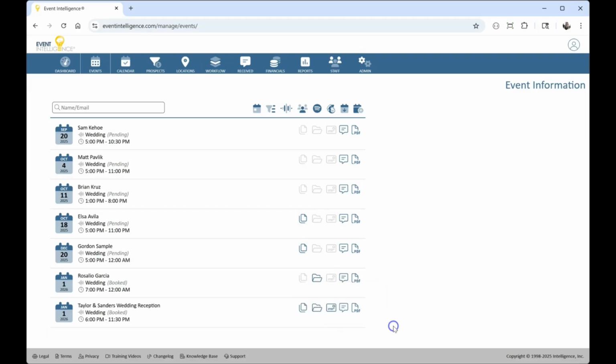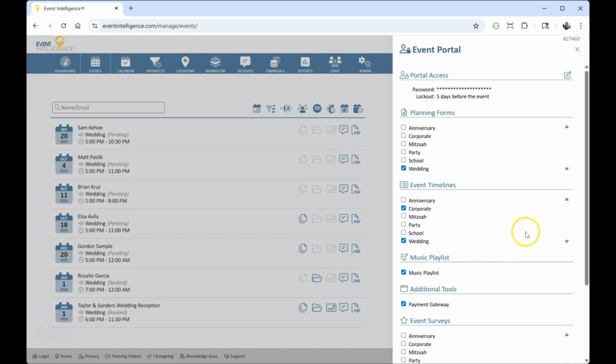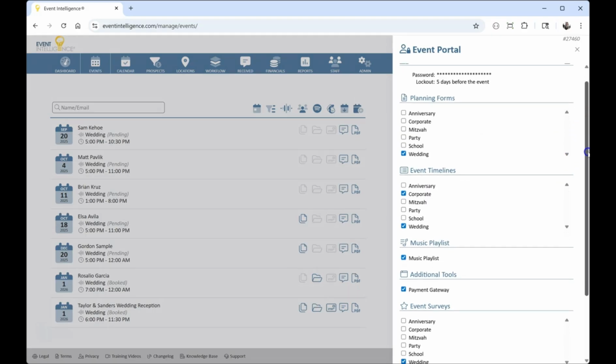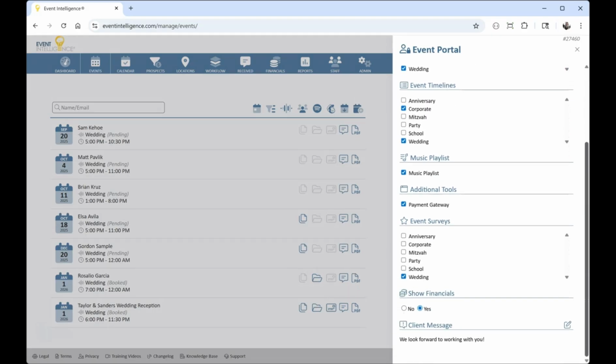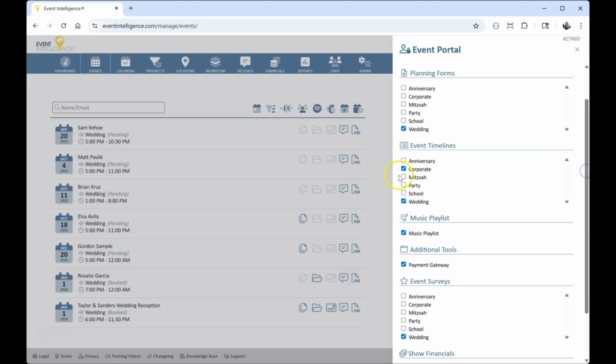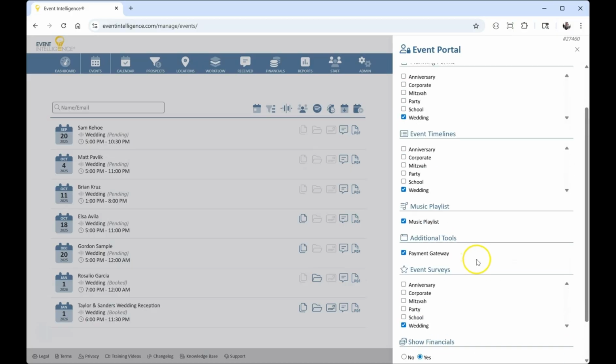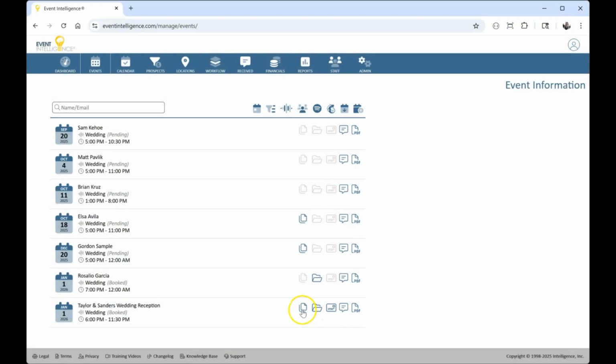So for example, going back to Taylor and Sanders wedding reception, if I were to click on this, we'll see all the elements that have been assigned here, all the resources, but I can also click on Configure Event Portal, which will bring up that configuration showing all the resources that have been assigned to that event portal for the client to use. So in this case, we have a wedding planning form, a wedding timeline, a request list, and we have other resources that have been assigned here. So we can click out of that,